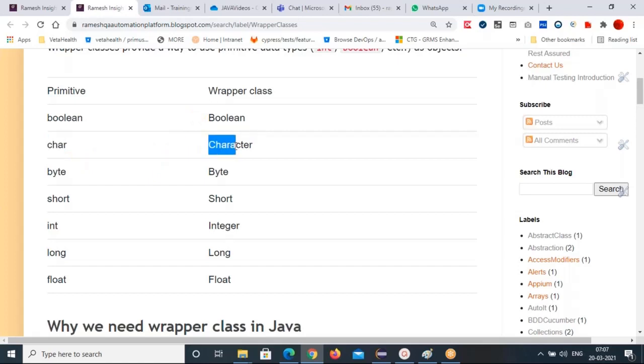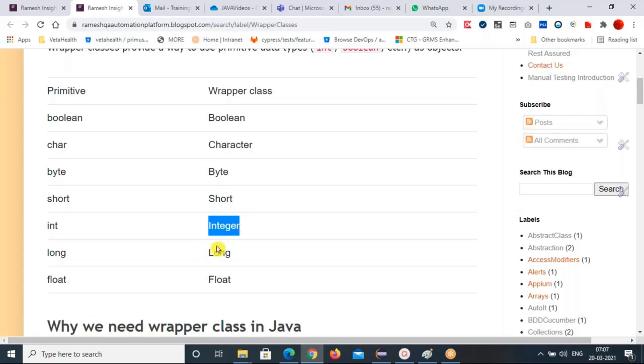Character class is there. Byte class. Short class. Integer wrapper class. This is the one we used now, right? The object you converted into primitive there. So the string object you are trying to convert into integer primitive type. That conversion we can do with these wrapper classes. That's why I used a wrapper class there, and its methods. Wrapper class methods I have used there.